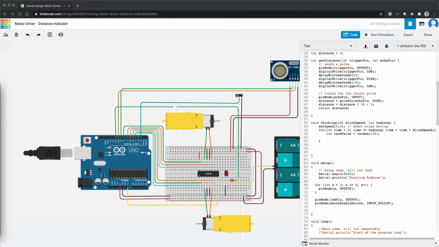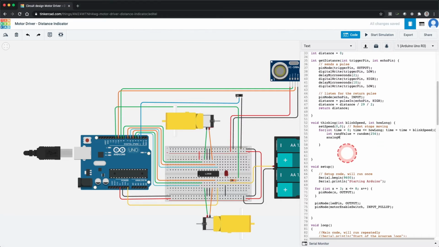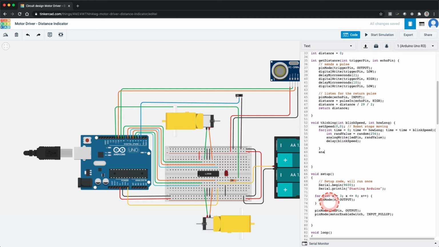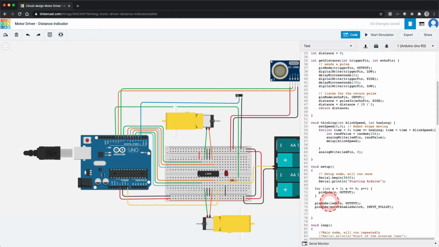Next, use the randValue variable as the value for the LED. Type analogWrite(LEDpin, randValue); Last, we want to add a delay. Type delay(blinkSpeed); We use the blinkSpeed delay to determine how fast the LED will change based on a delay value. Last, we will turn off the LED after it is done thinking. After the for loop, add analogWrite(LEDpin, 0);